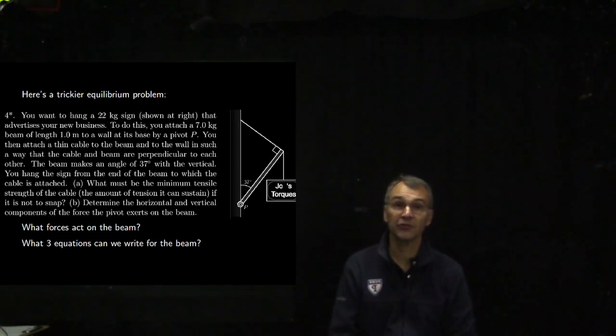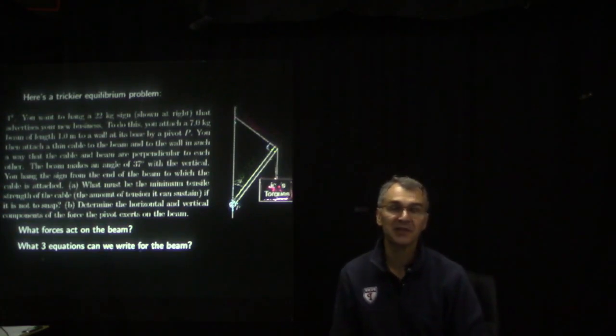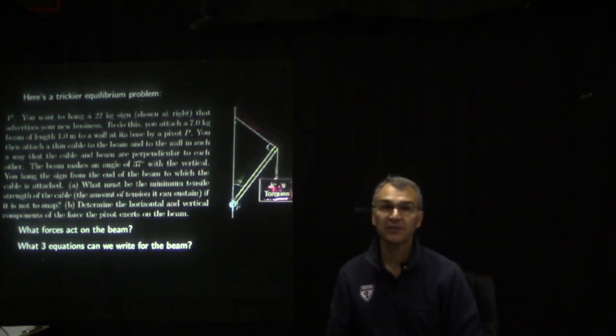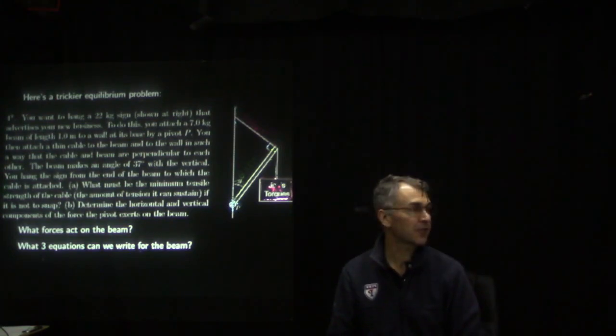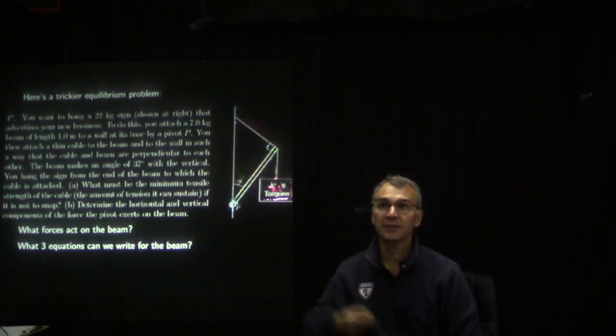So I think, as usual, we should start by drawing an extended free body diagram for the beam. The first question is, what forces act on the beam? You should think for a minute, you might even want to pause and see if you can come up with your own answer. I think when we draw the extended free body diagram for the beam, the first thing we're going to find is the weight of the beam itself. So I think that will be a force big mg pointing straight down from the center of mass of the